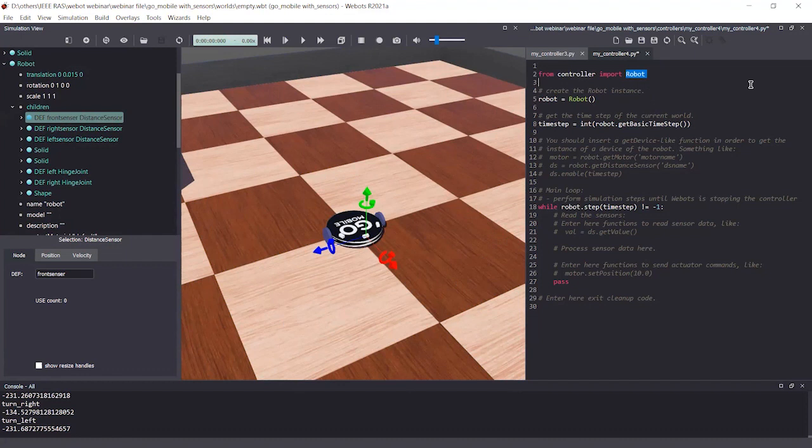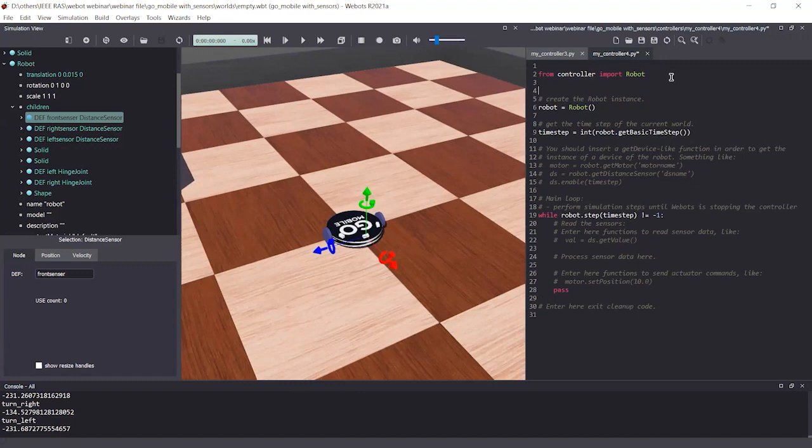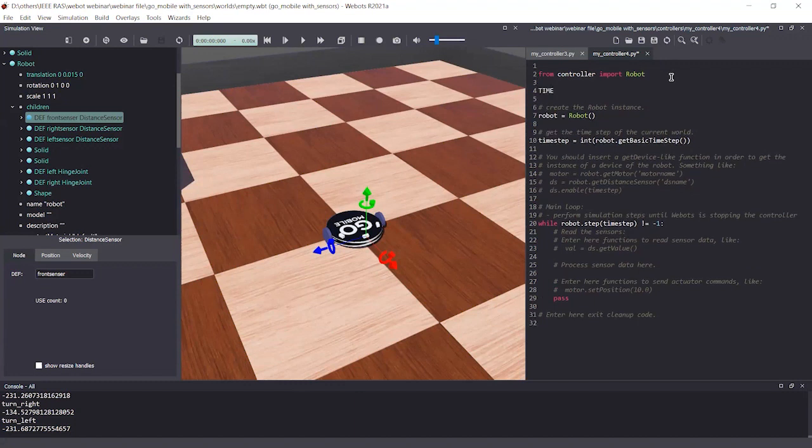I think you understand that. Then in Webots, we have a variable called timestep. Let me create that. When you are defining things that will never change in the code, define them using capital letters. It is good coding practice. So timestep is actually a number. We can use 16, 32 or 64.